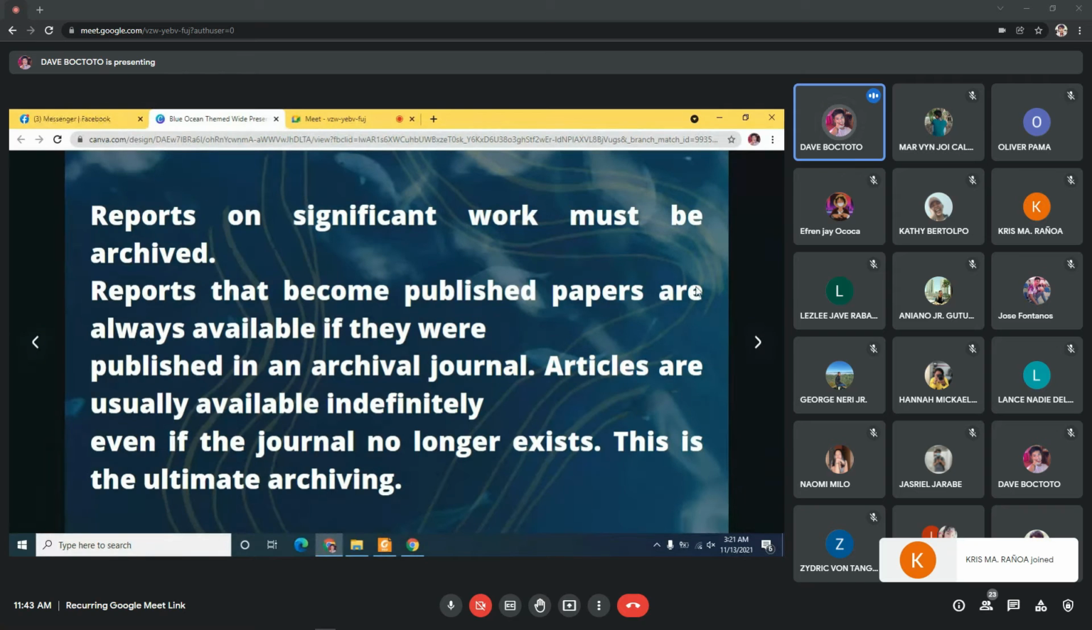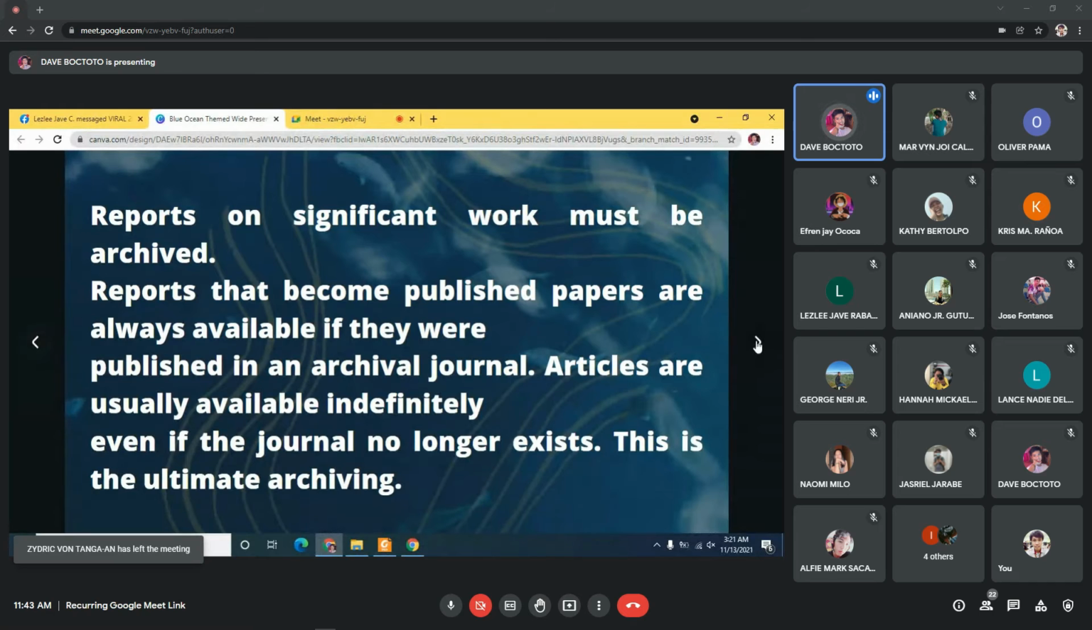Reports on significant work must be archived. Reports that can be published papers are always available if they were published in archival journal. Articles are usually available indefinitely even if the journal no longer exists. This is the ultimate